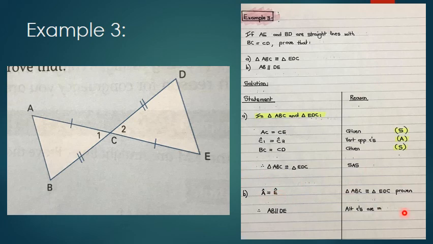Okay, so let's have a look how we would write that. So A is equal to E. I've proven that they are congruent. So AB is parallel to DE because of alternate angles that are equal. Okay, I hope that